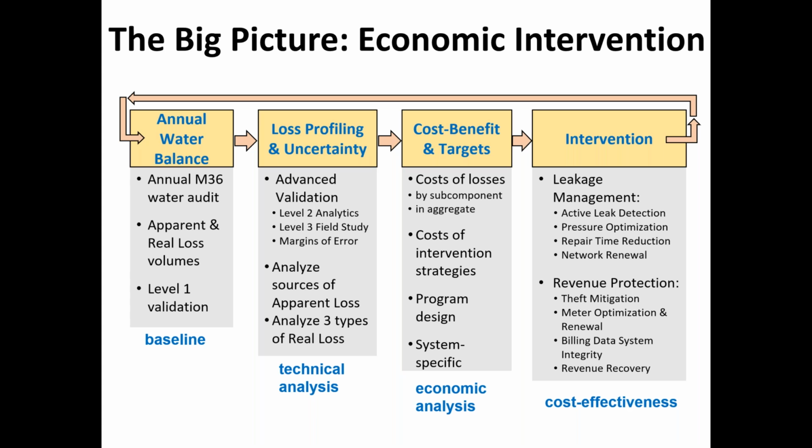To sum up, as Drew likes to say, the 450-page manual is a thick read. This is our attempt to distill it down into a single graphic. The basic idea is an annual audit that has level 1 validation as the backbone of the program. You use that to do a deeper technical analysis and look at the costs of different types of losses in the 3rd stage. You then use the technical and the economic information to make cost-effective decisions, basically design a cost-effective program. So what we're doing in this round 2 carries us through the technical and the economics, specifically looking at the profiles of the losses, the cost of those losses, and getting to a utility-specific target.